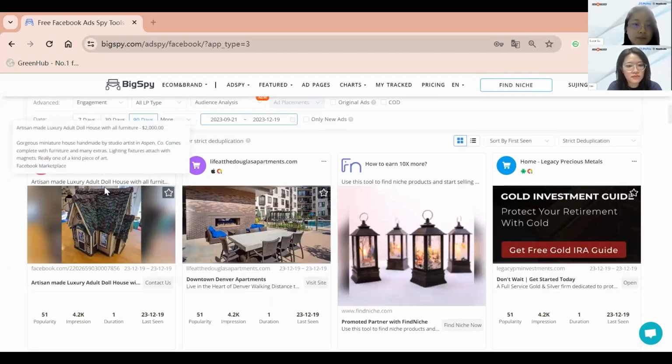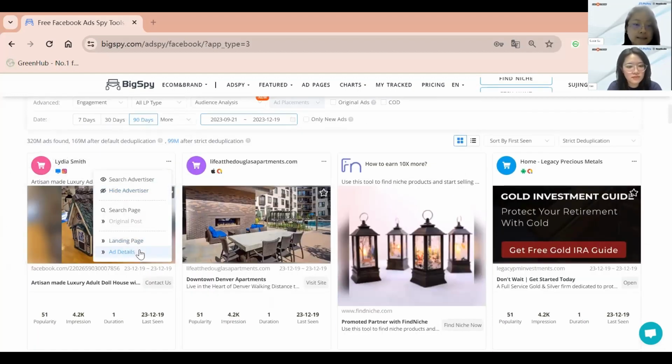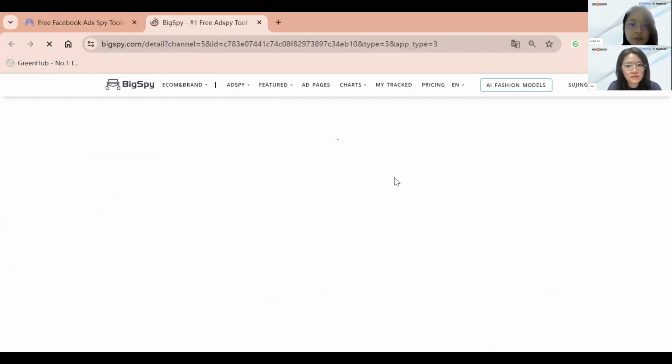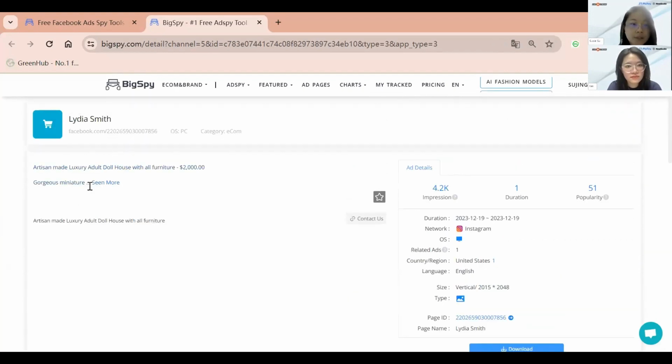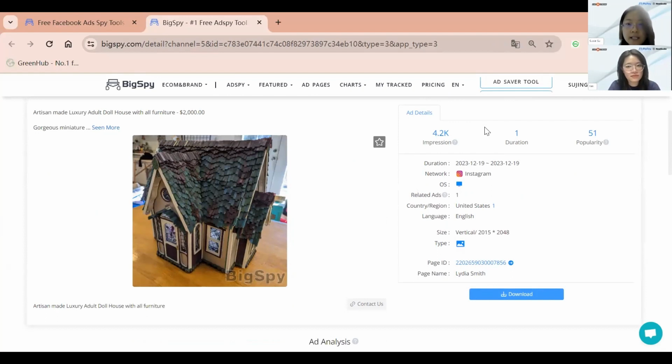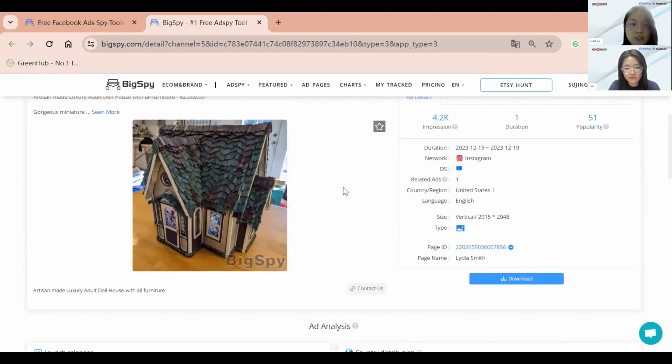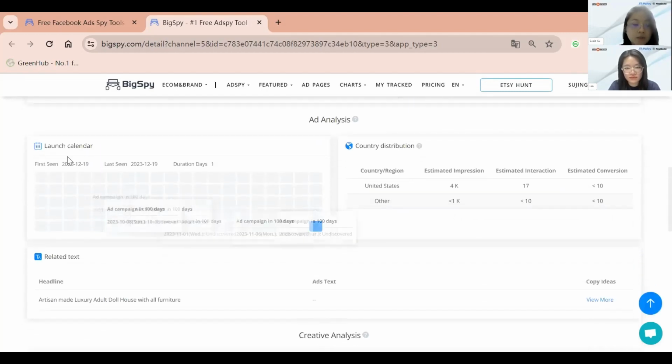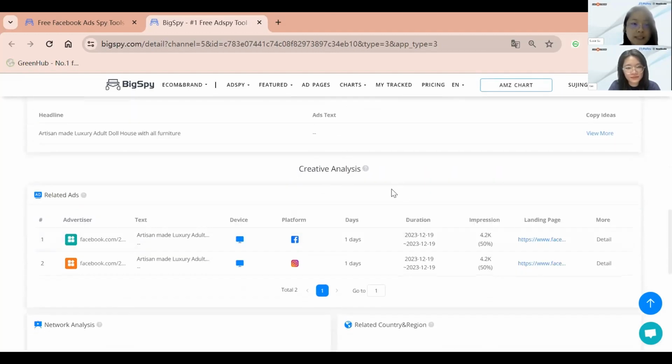For each ad creative, if you click the ad details, you can check the ad creative, the advertiser name and the ad text. In addition, we give you detailed data about these ad creatives, including the impression, duration, popularity, network, language, and you can download the ad creatives. We also provide country distribution, launch calendar, and creative analysis.